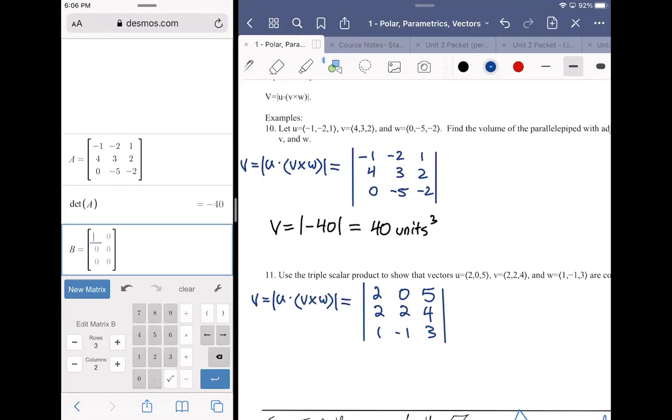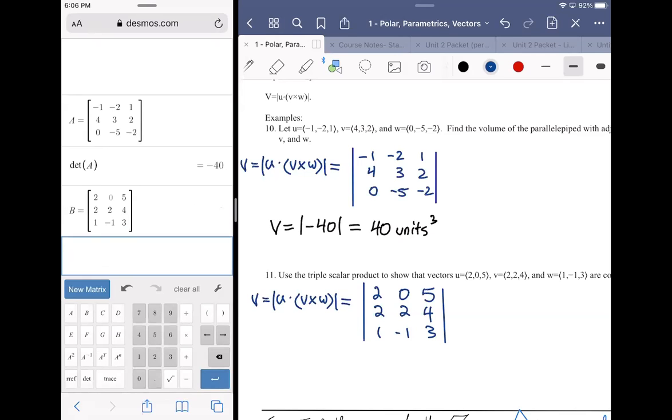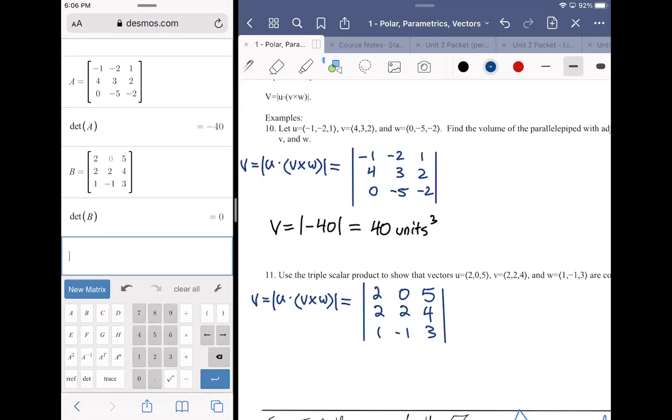I'll use matrix B, edit, so 2, 0, 5, 2, 2, 4, 1, negative 1, 3. All right, so determinant of matrix B, and you can see here that we get a result of 0. So this gives a determinant of 0, which means that the volume,